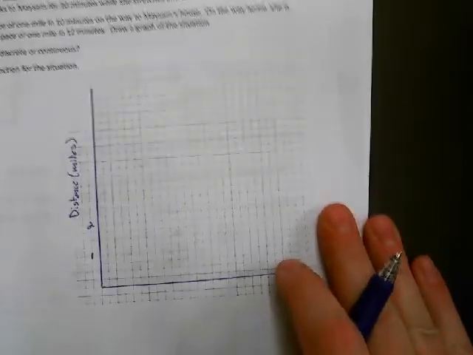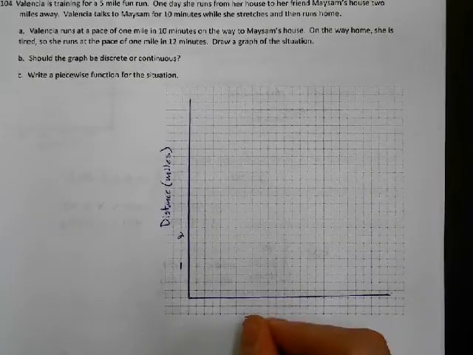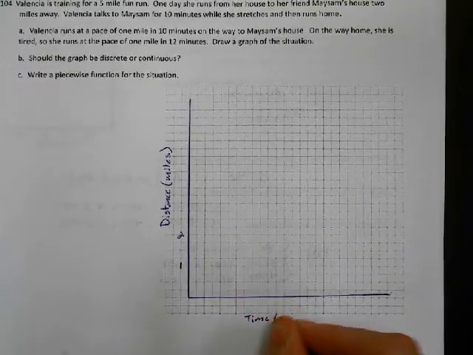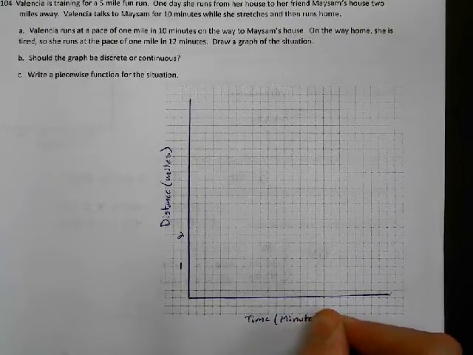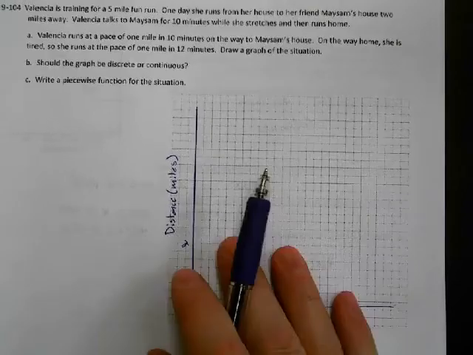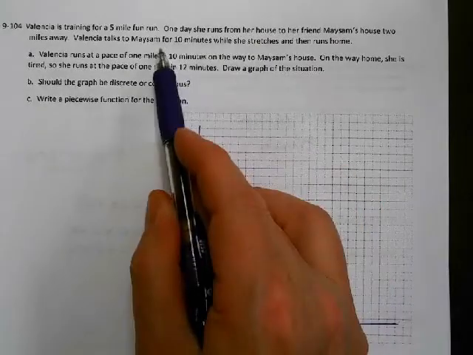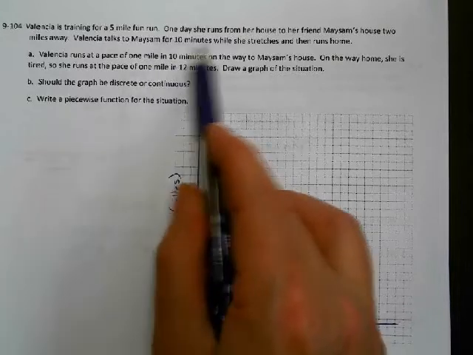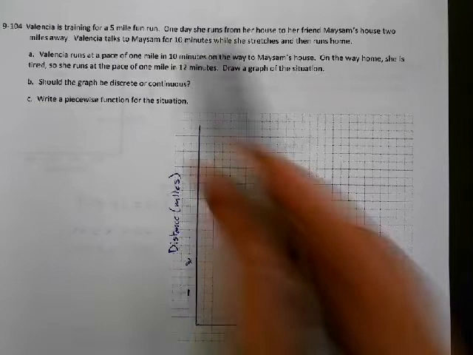Sweet. All right, so then we're going to look at the time in minutes for my other axis. So this is going to be time in minutes. Got to really think about my scale for this graph because it looks like we're going to stand around for 10 minutes. It looks like we're going to do 1 mile every 10 minutes. So let's do